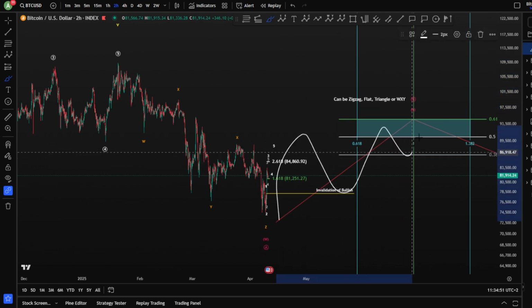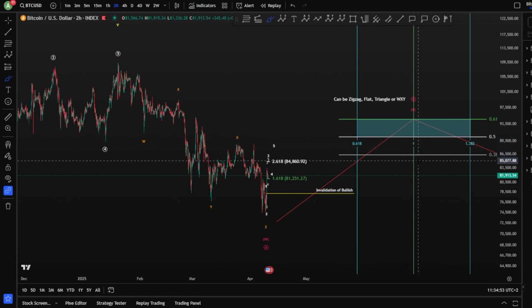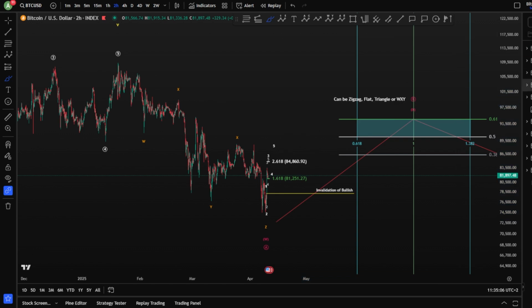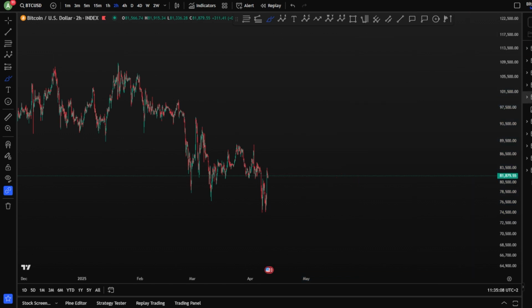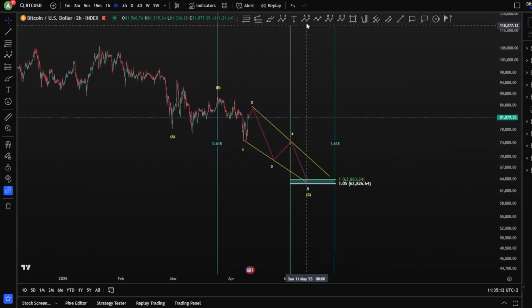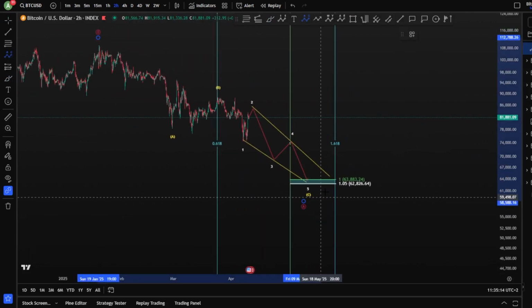Look at the time that you can range for it here. You still can range for a very long time to reach at least the minimum time for a wave B, 0.618. And that means, of course, it's a very long wave B that we might have in time here. The final scenario is an unfinished wave A toward the downside. We are looking, of course, for a big wave A here, B and a C, to be finished.